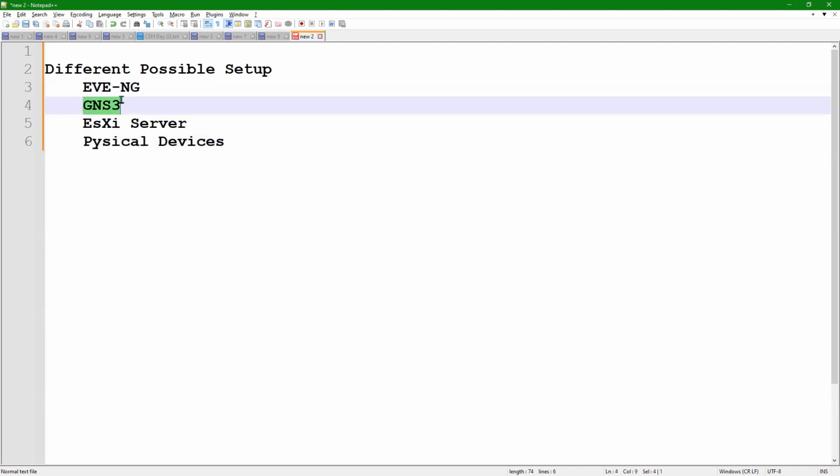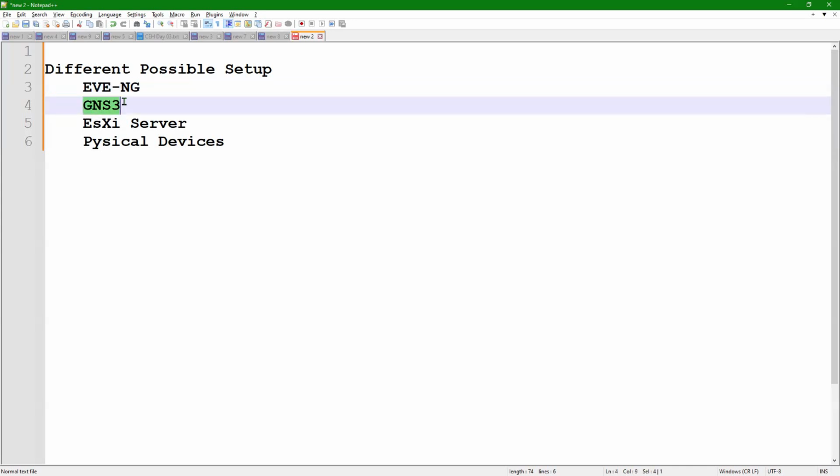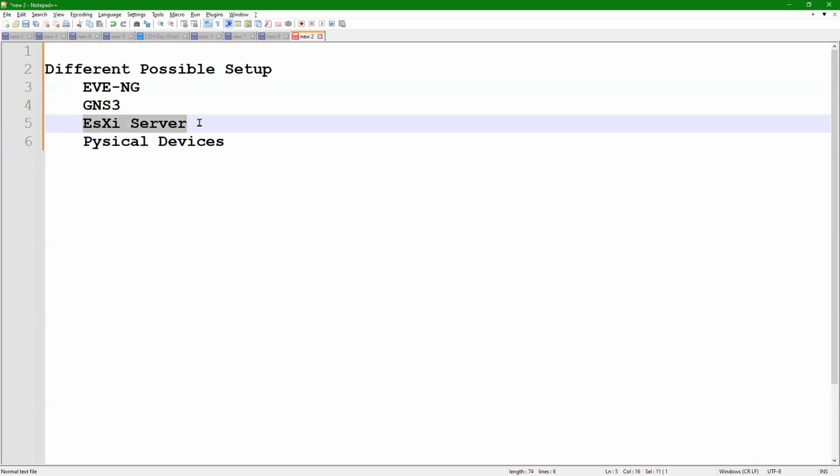GNS is also possible, but 100% topics compatibility, I'm not sure. I'm not saying that I did not check everything. I already checked, but sometimes if GNS provides some new update, I'm not checking compatibility with each GNS version. Obviously. Getting it? So if you have GNS, then I suggest you can install EVNG and go with that. Not compulsory as a priority. But if you have this, then we no need to talk about GNS or EVNG. You can use EVNG directly inside this also.